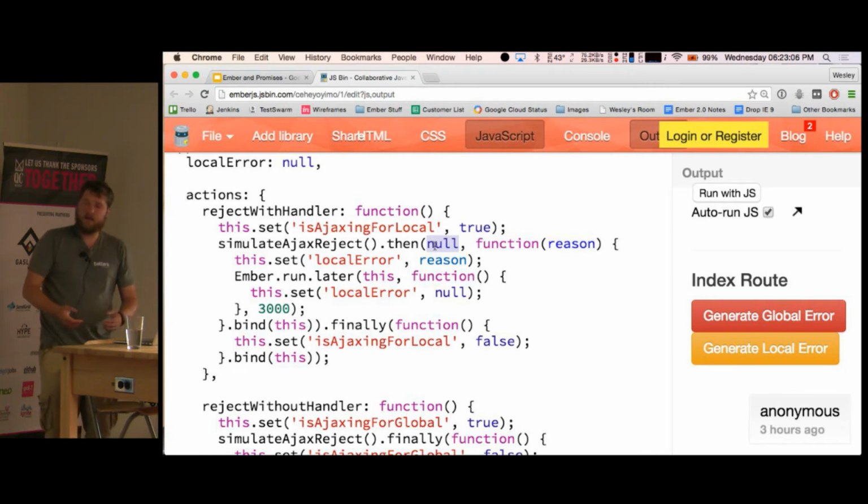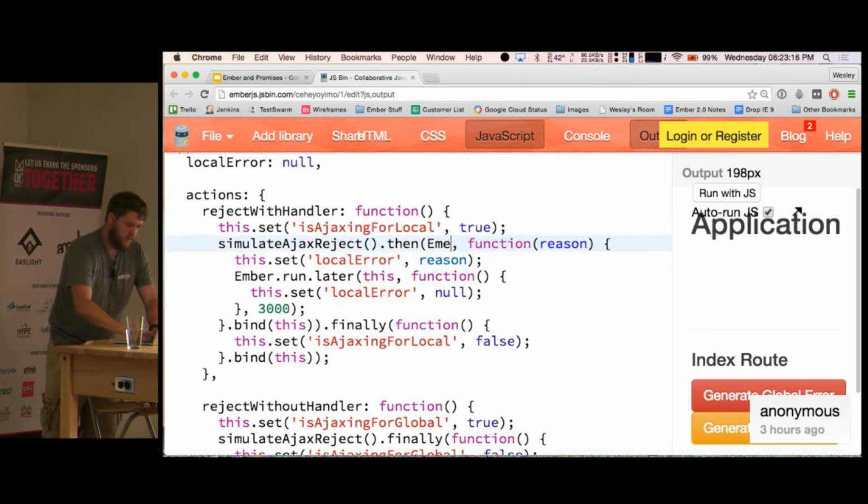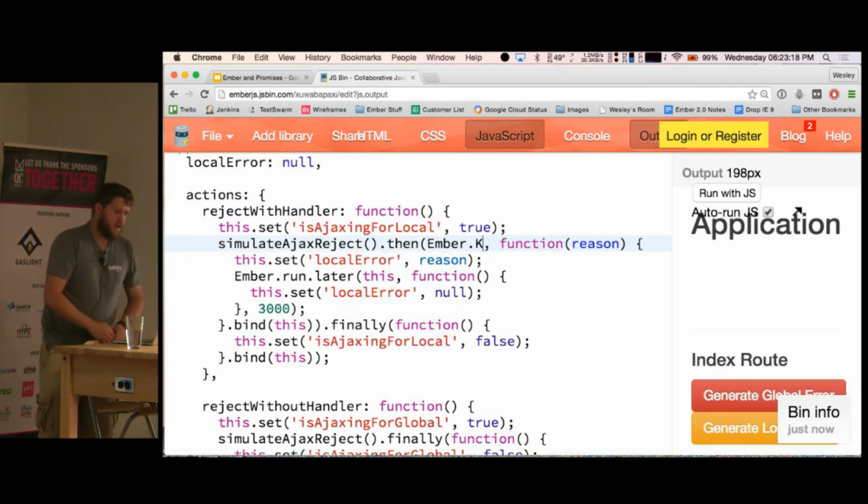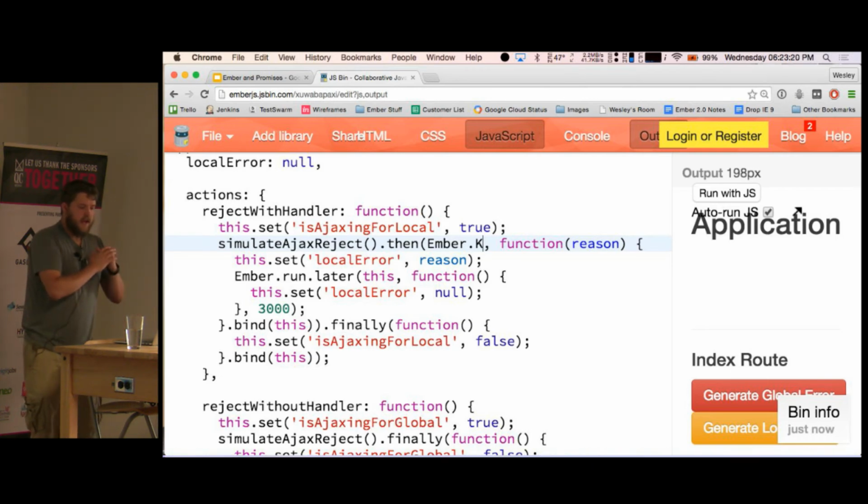The reason they do that is because they have nothing to do with the success. And if you were to put Ember.k in place of that, any value that would pass through has to be returned on a success. So if you were to put Ember.k here, just an empty function, and a successful promise went through, that would essentially swallow your value. The promise would continue to succeed, but the value had been swallowed.